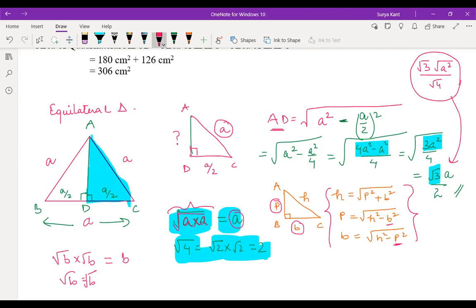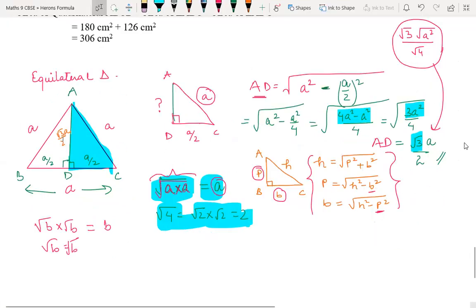So this is the AD part. What is AD of the triangle? AD is nothing but the height of this triangle, right? Height of the triangle. So we can write it as root 3 by 2A. And what we have read, the area of a triangle which has 90 degree is half base into height. Do you know that, children? Udbhav and Satvik? Yes, sir.